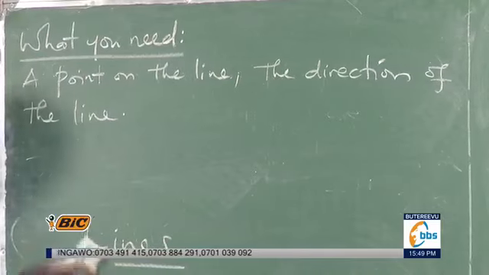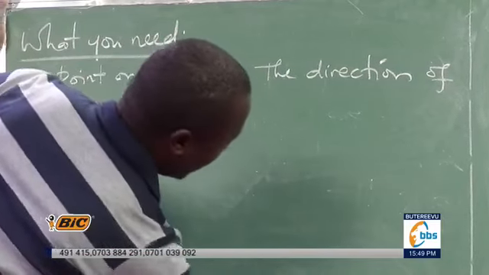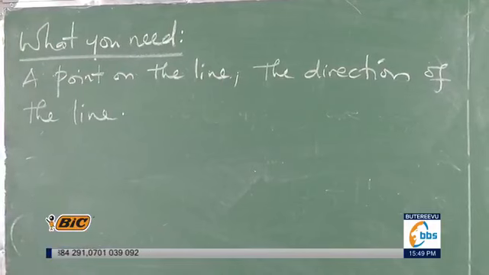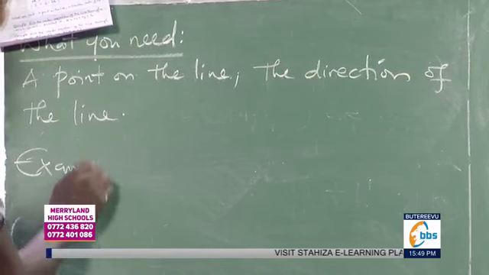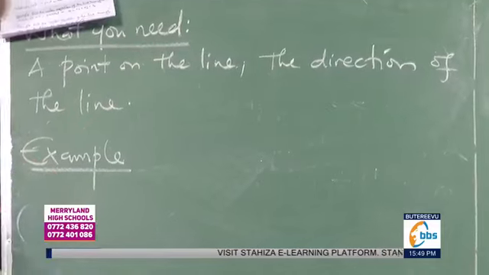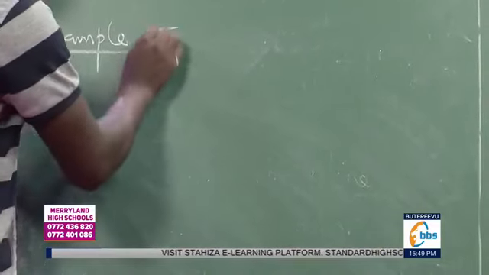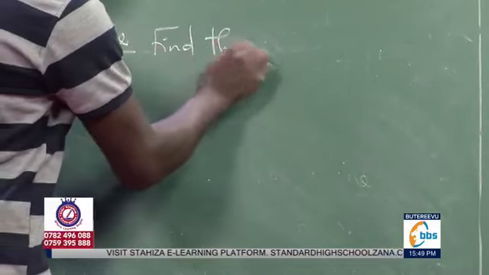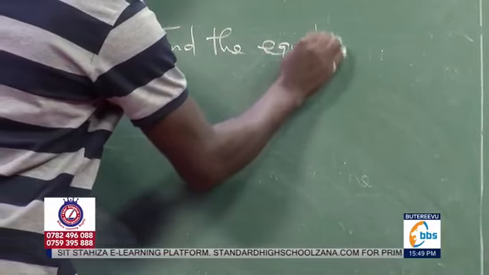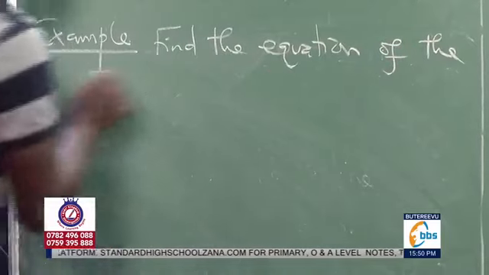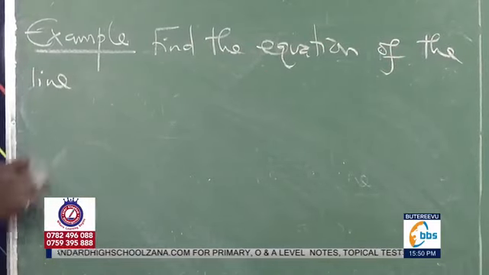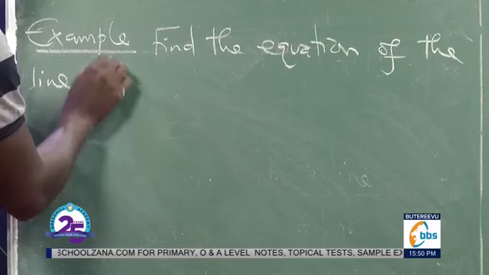Let us pick an example. This shouldn't be a very complicated concept. Example. Find the vector equation of the line through the point